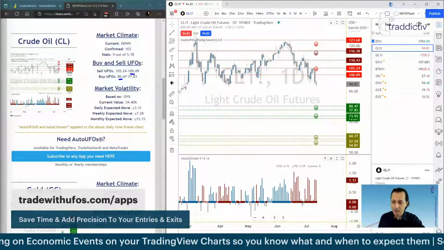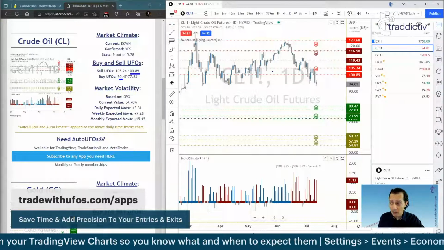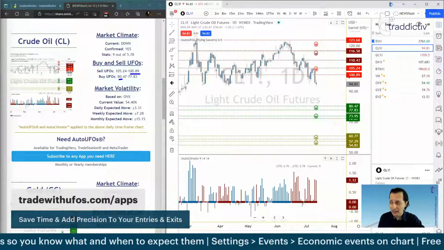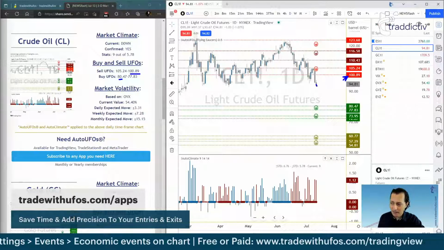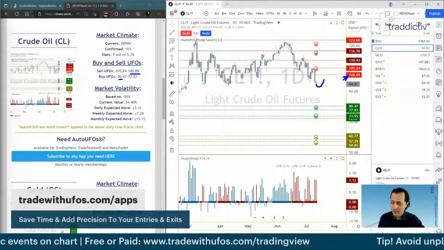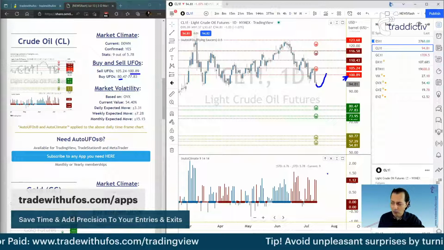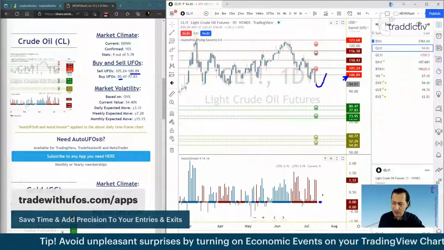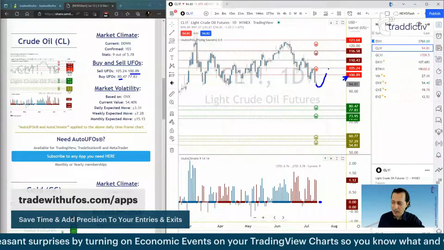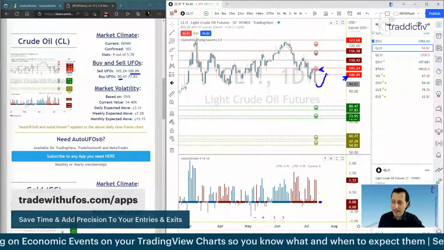Now, we got a new pile of on-field orders that was not available yesterday, which is now located at 100.89. So basically what I'm saying here is that if crude oil was to turn and give us a little bit of a blue color on the climate here, this is more likely going to happen than not in the following few days. So if that was to be the case, now we're going to hit the red UFO, and